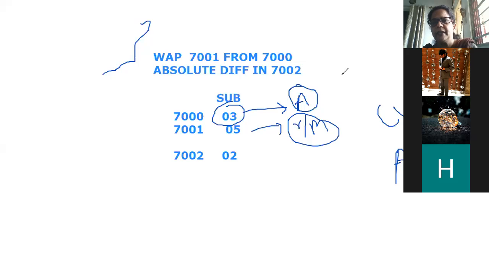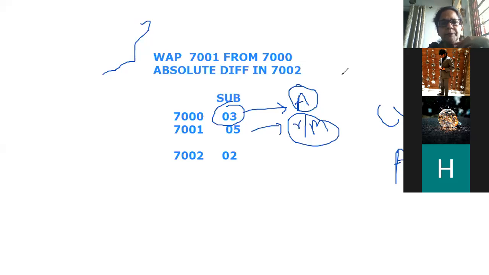We hardly have any time now. 1.5 minutes are there. You can try it. On Wednesday we will take this particular program. We will take one more program and then we will do the block diagram and all that, because that is all the theoretical part. So I will take one theoretical part and one program, so that you get a little practice with programs.